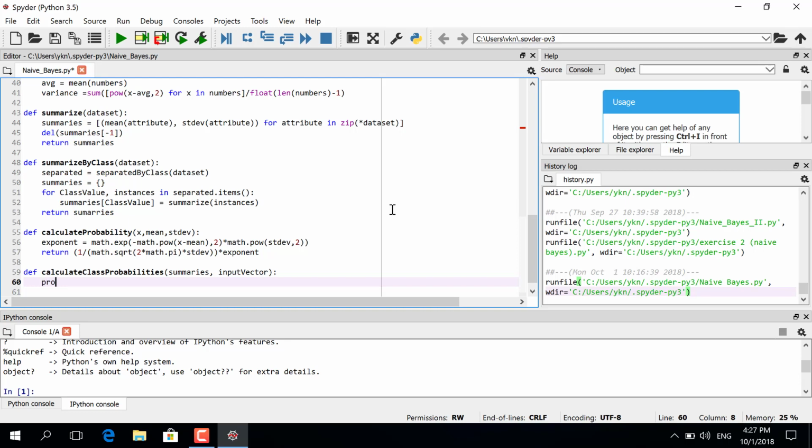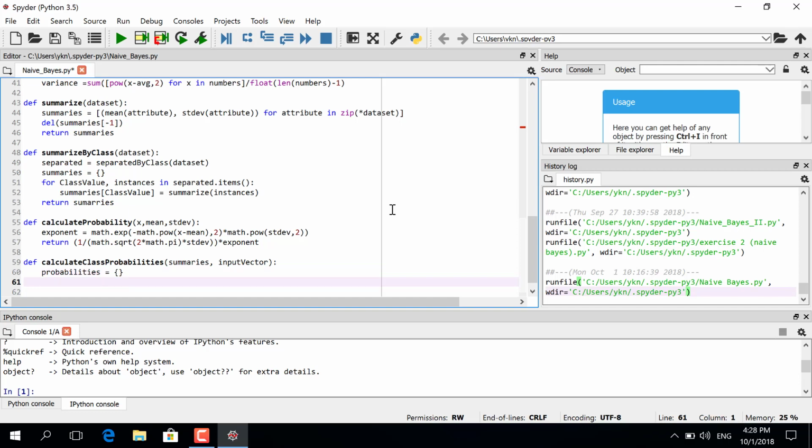So we already calculated our individual probabilities, and therefore now we can create a new dictionary that contains the values of individual probabilities. And now we can calculate that for class value plus or minus 1, we have a class summary